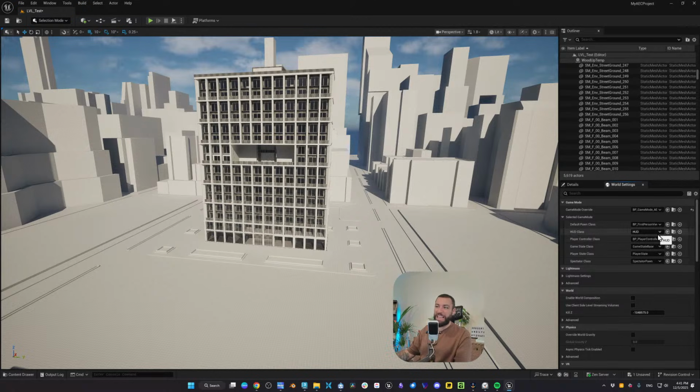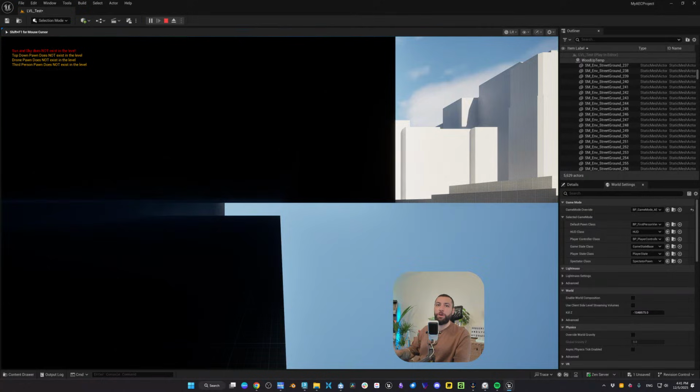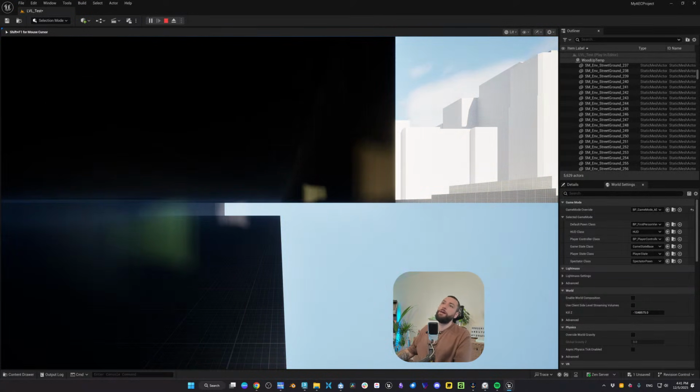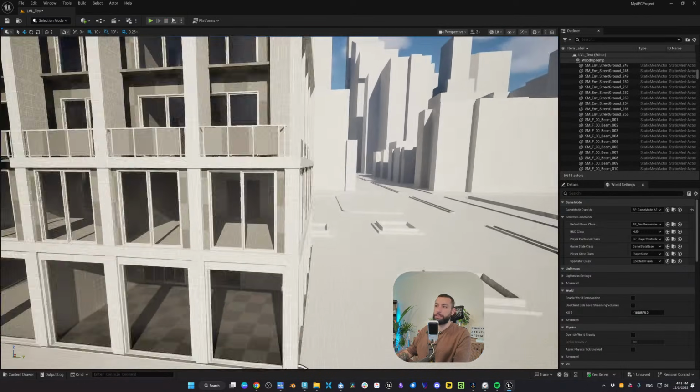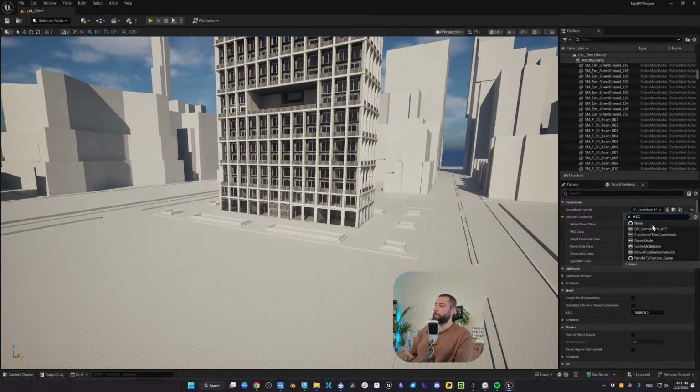So these are the two main things. Right now we still cannot click on play, because if you click on play, you're gonna spawn at the 000 point of your project, and you will get, as you can see, some warning messages. So that's fine. From here, step number one is to set the game mode to AEC. Game mode AEC. That's step number one.